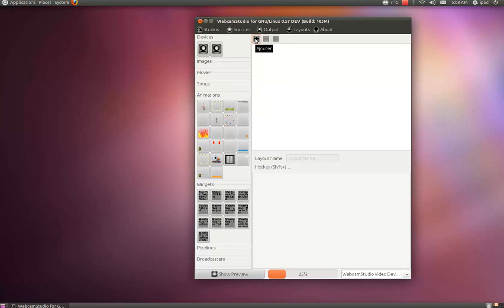So basically, a layout is one view of all your sources as a single webcam output. So you can have multiple layouts having multiple sources in each layout. So let's start with the first layout, and we're going to call it